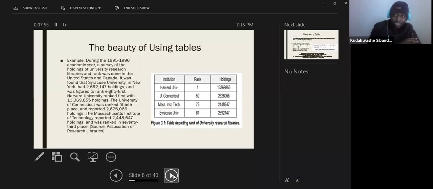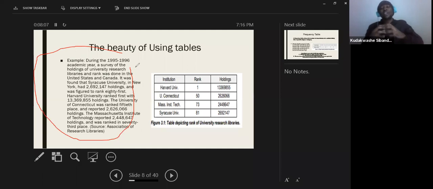Let me give you an example. So let's look at this slide, the beauty of using tables. You can see that on this left side, this is information that is being conveyed to a certain audience. But you can see that it is in written format. There's information that is being conveyed in that written format,